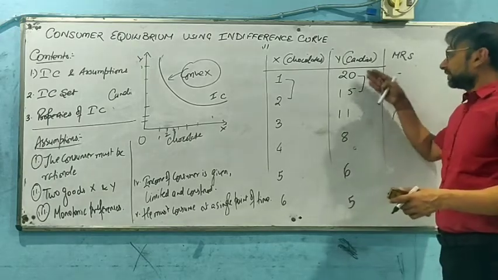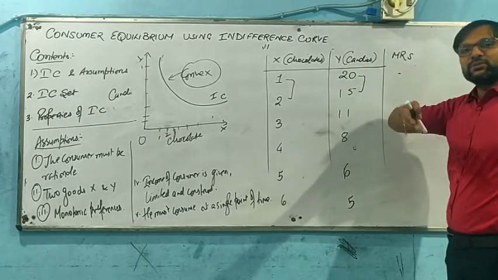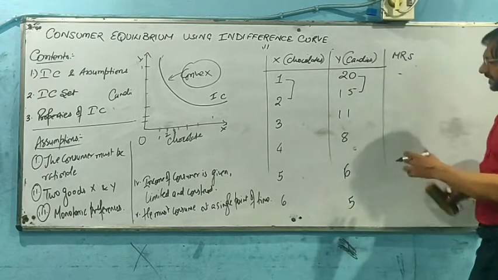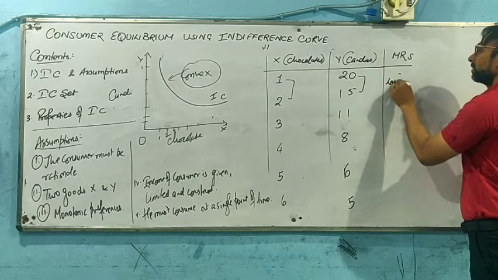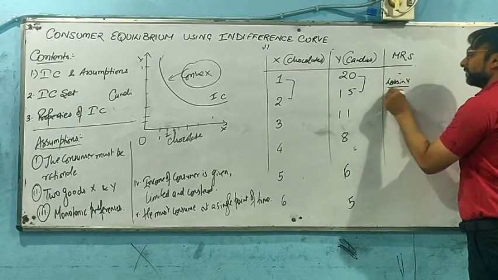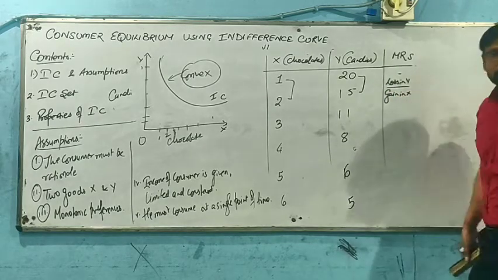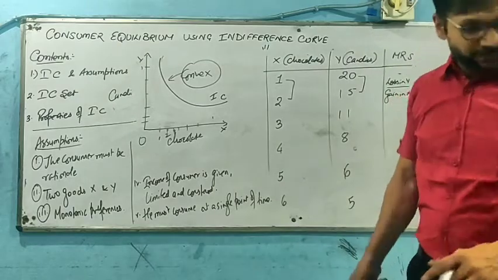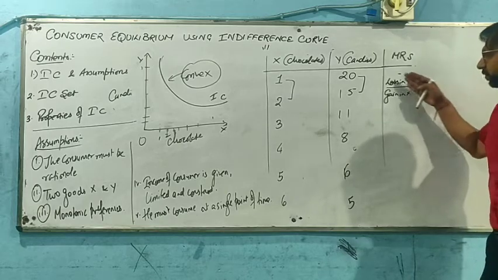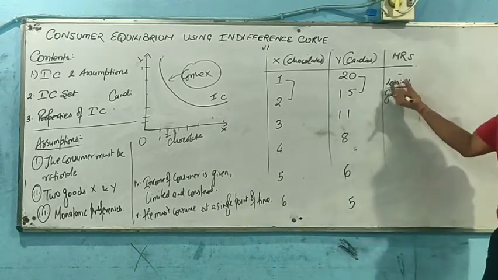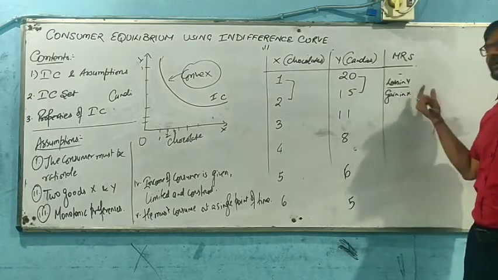But if we say it is basically a ratio, loss upon gain, as we have read in MOC also for PPC, in the same manner we just need to see the marginal rate of substitution will be loss in units of one good upon the gain in units of another one. It means marginal rate of substitution is purely based on marginal opportunity cost. It will imply the proportion of loss over gain, where we are losing some units of one good for the sake of gaining units of another good.